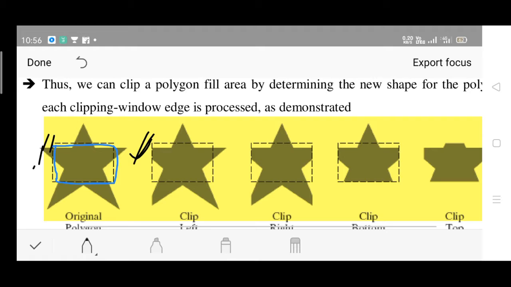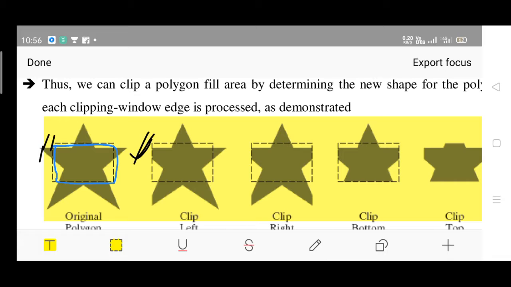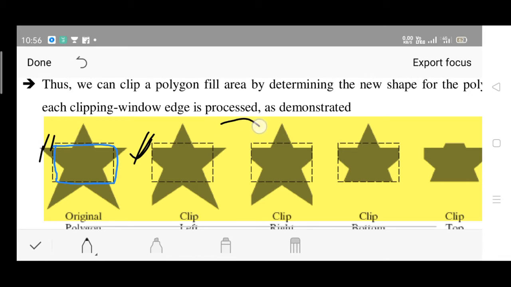Then we proceed further. We go for the right clip, that is stage 2; this is considered stage 1. So we are carrying the updated model from stage 1 to stage 2. The leftmost portion remains clipped off, and we are performing right clipping here. This particular portion will be deleted. Then go for stage 3.